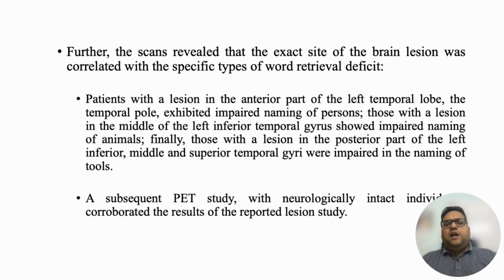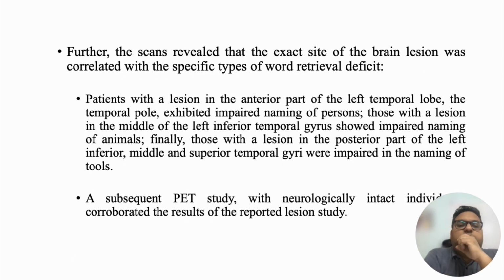regions in the brain, and therefore I would request you to take this with a pinch of salt, because there are obviously theories about localized regions in the brain for particular concepts, and there is a contrary theory that says the concepts are distributed across the brain. In our context, we are just going through these studies, but we will try and take them with a pinch of salt and address them as we go further.